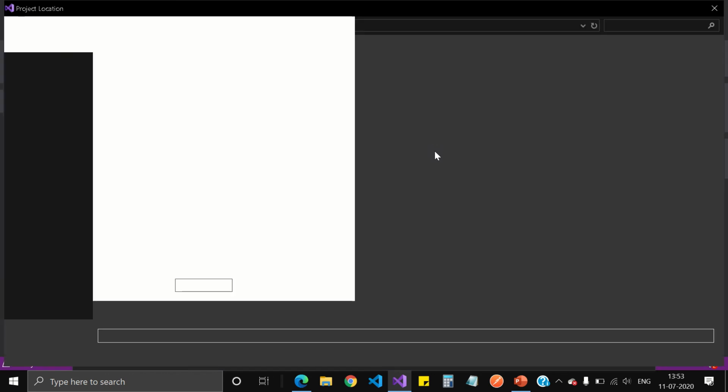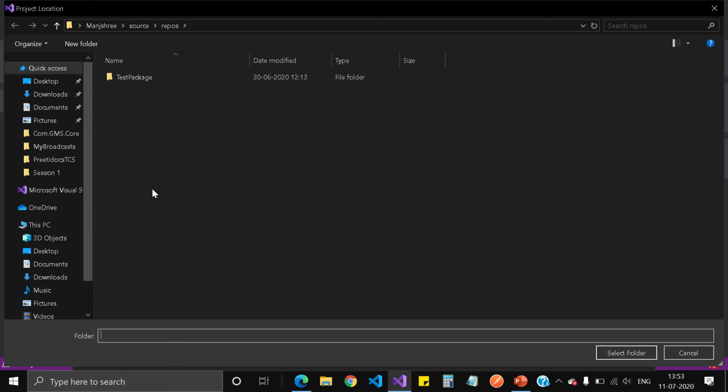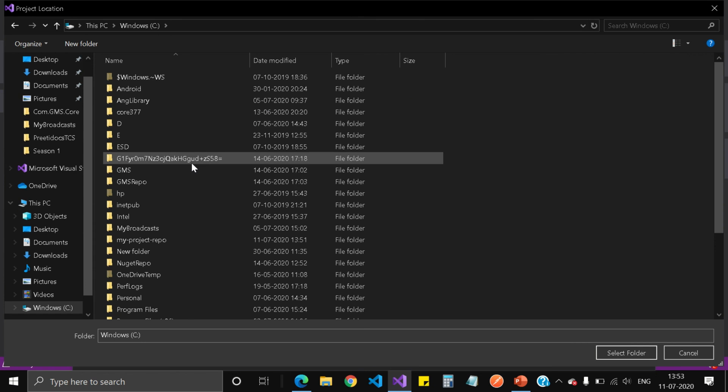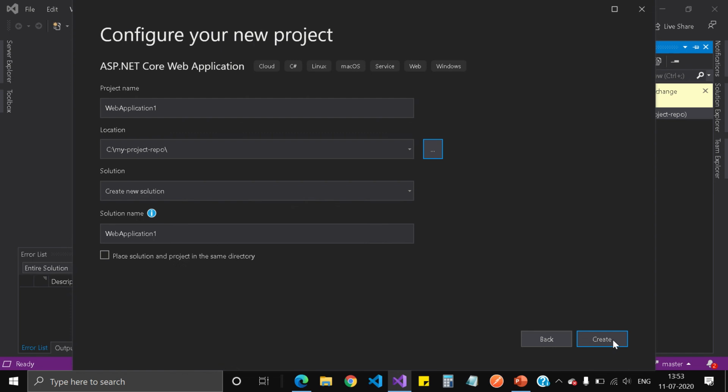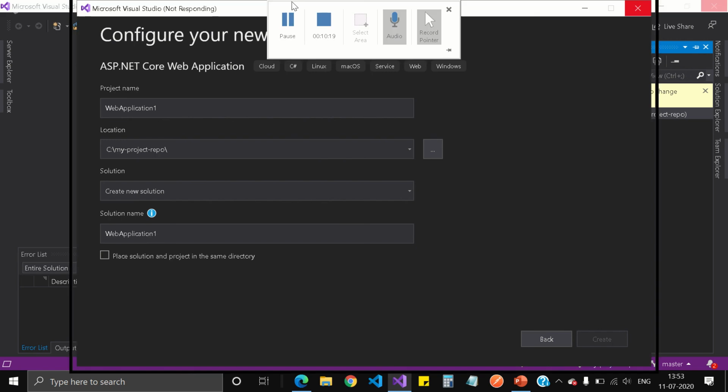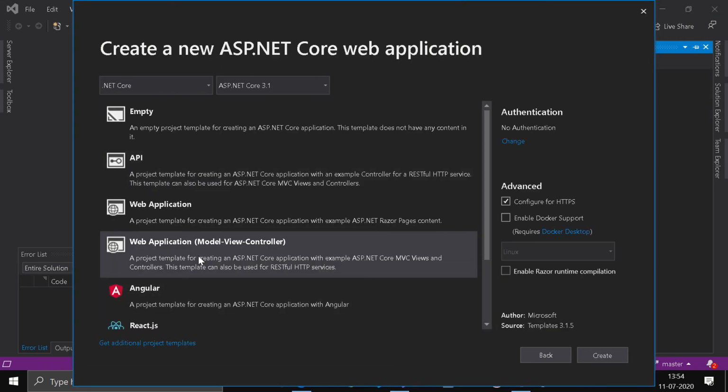So what I will do is I'll go to the location of my repository folder. So it would be in save and my project repo. Super. Okay. Let me choose this particular folder and let's create. I would like to go with the web application model view controller. Okay. So let's create it,